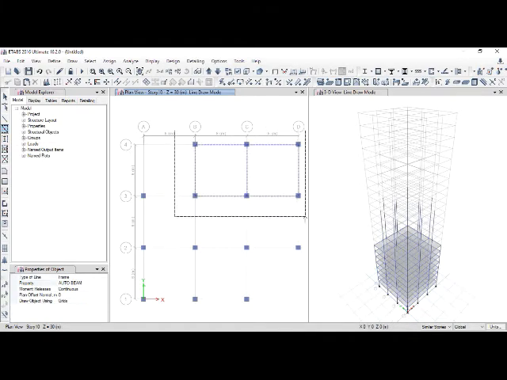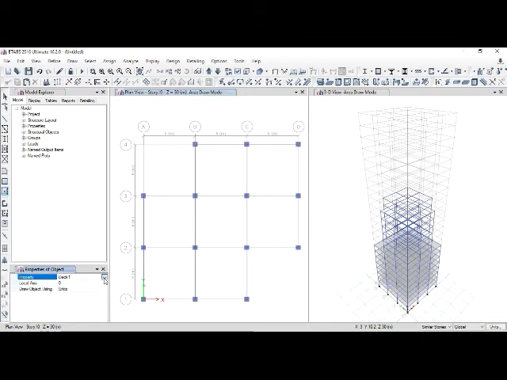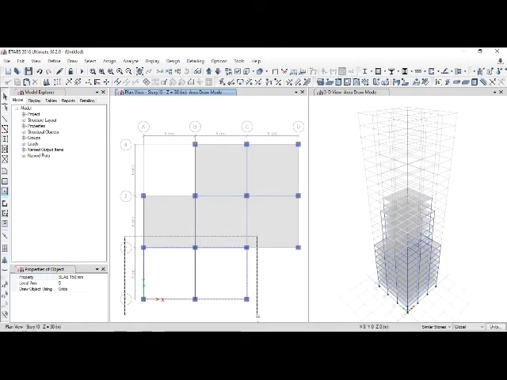Similarly, we'll draw the beams and slabs. Now the slab property is already 150, which we had not done earlier; we changed it later on. Now all the slabs between 9 to 14 are drawn.